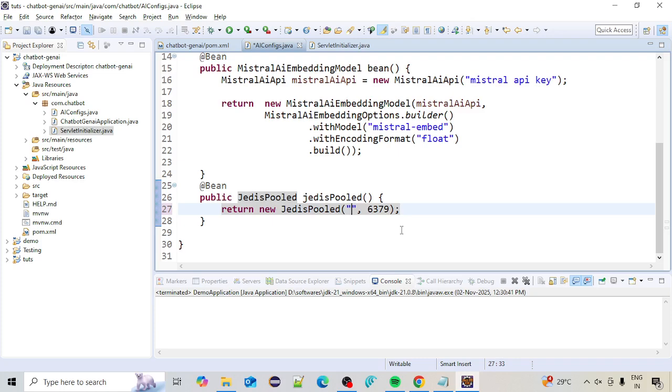Replace these values later: host name, port number, username, which is going to be default, and password. Yeah, I think I'll replace this password value when I'm testing the complete example. Okay,